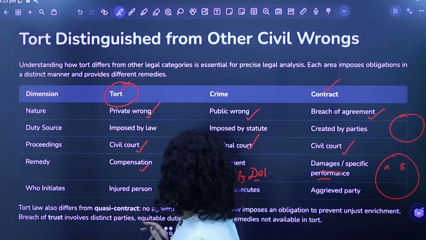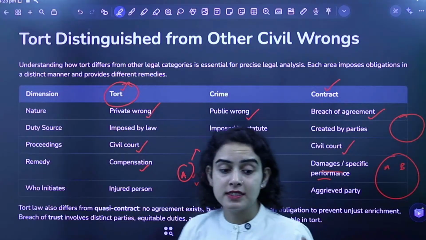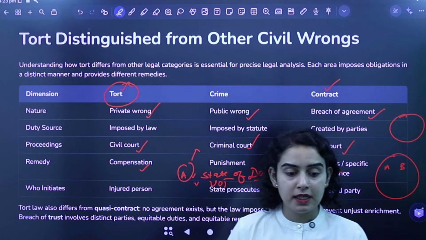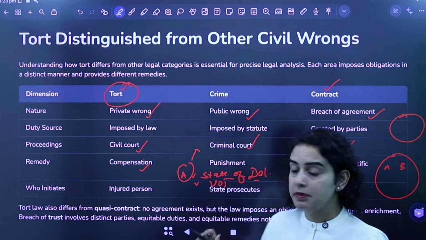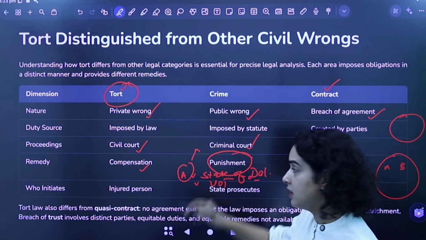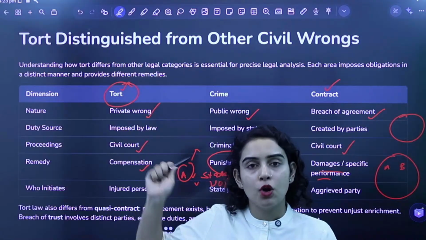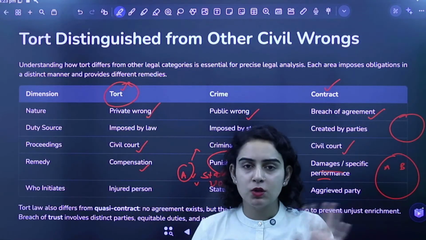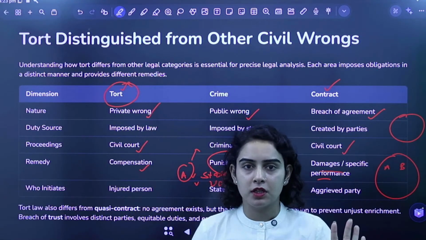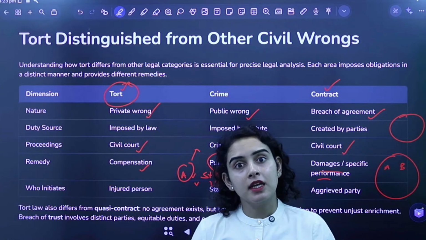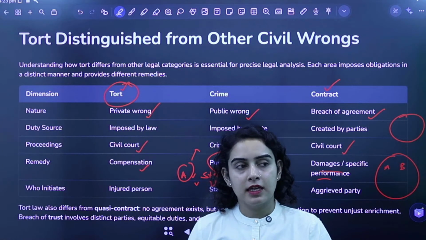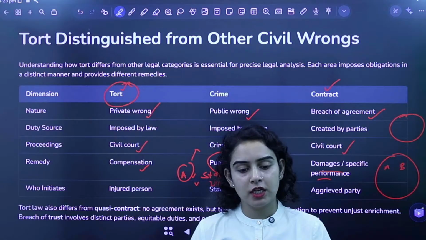Now under criminal law there is something called punishment. पनिशमेंट का मतलब है कि यहाँ पे आपको जेल हो सकती है. आपको किसी भी सिविल रॉन्ग के लिए जेल नहीं होती. आपको टॉर्ट्स या कॉन्ट्रैक्ट्स या डिवोर्स में भी you will not hear कि आपको कभी जेल होगी, नहीं होती है उसमें जेल.